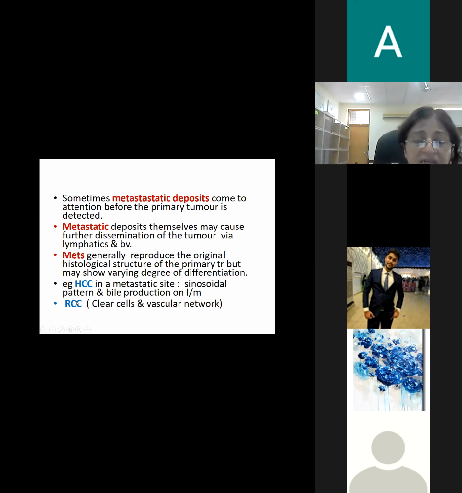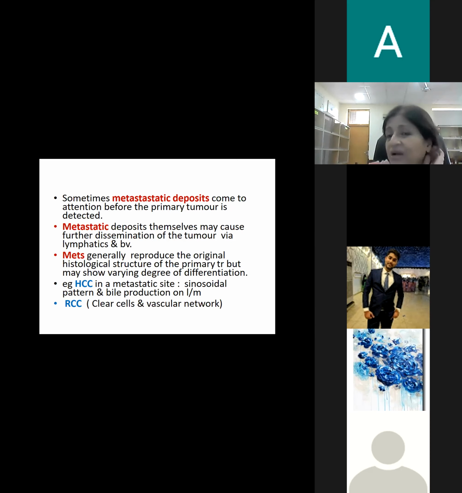Similarly, the classical renal cell carcinoma. The classical pattern of renal cell carcinoma is that iske andar we find large clear cells. It is basically a clear cell tumor. Cytoplasm is all clear and the nucleus is in the center. And number two, the vascular network is also very prominent. Choti arc-like blood vessels. So clear cells and arc-like blood vessels. The metastatic deposit is going to recapitulate the original pattern of renal cell carcinoma.